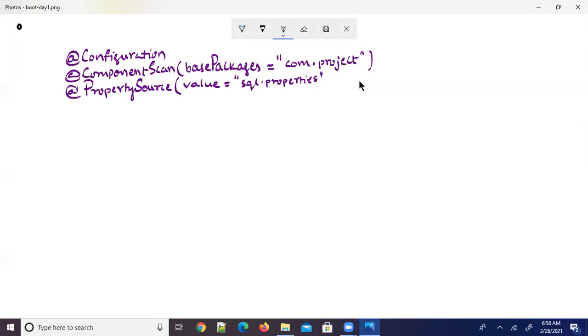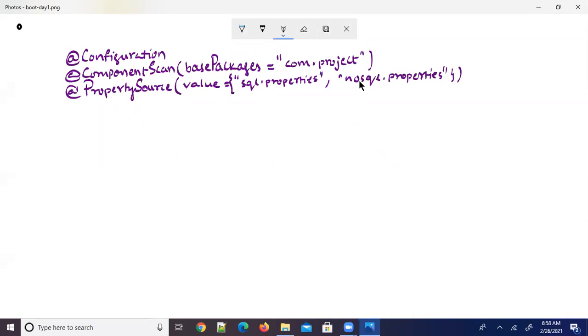But if there are more than one properties files to be loaded, then enclose them within curly braces: sql.properties, comma, nosql.properties. Just for example, I have taken names like this.